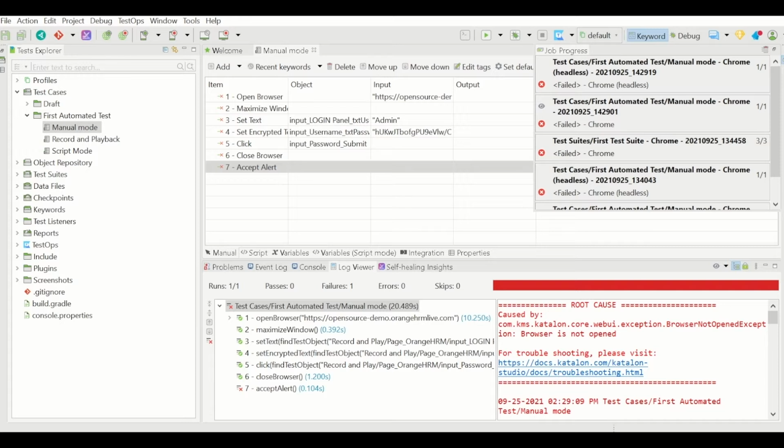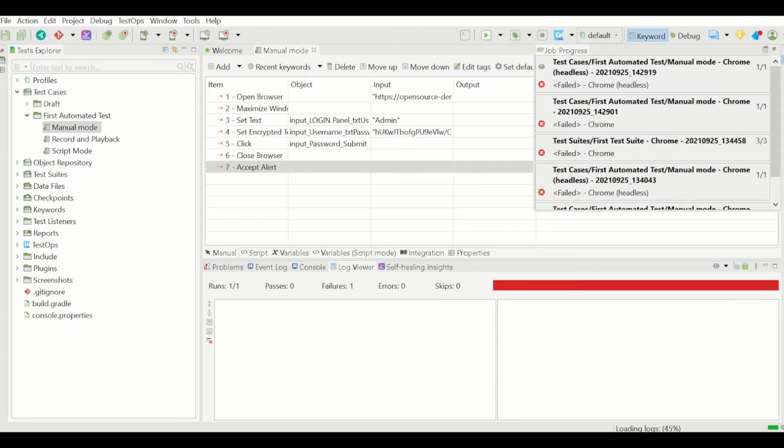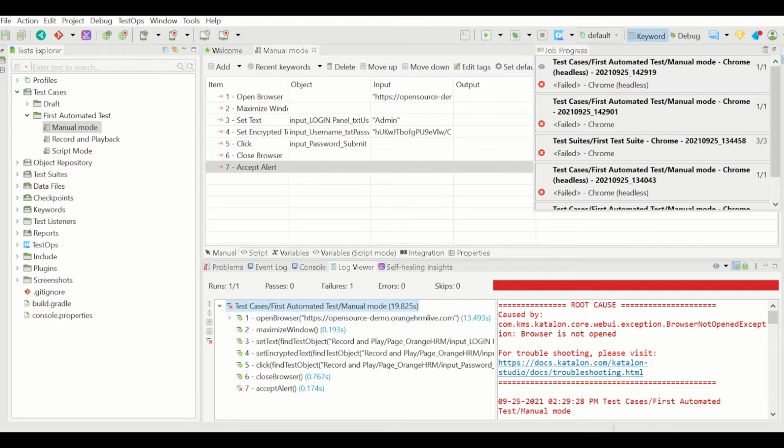Okay, now what is the advantage? The advantage is clearly visible here. In case of UI mode, you see the execution time is 20.489 seconds, and in headless mode it is 19.825 seconds, which is less time. So that's the main advantage of choosing headless mode. The execution is faster, and the time taken is less.